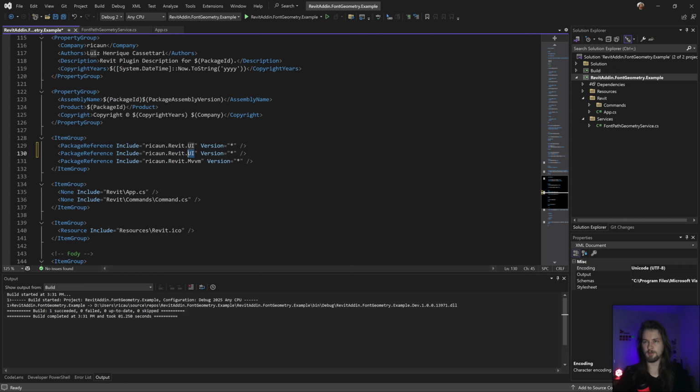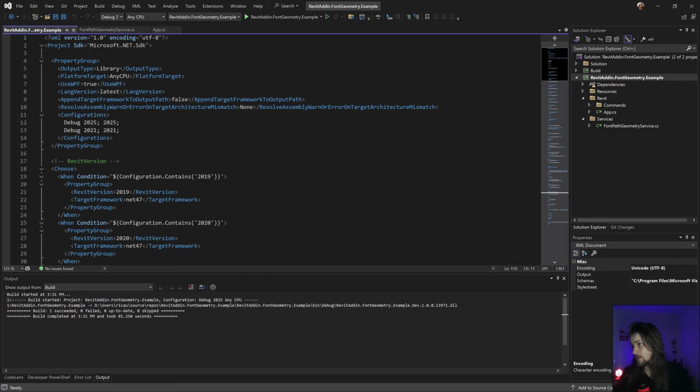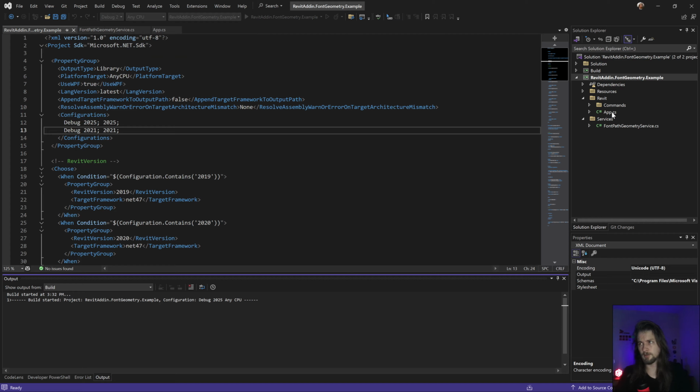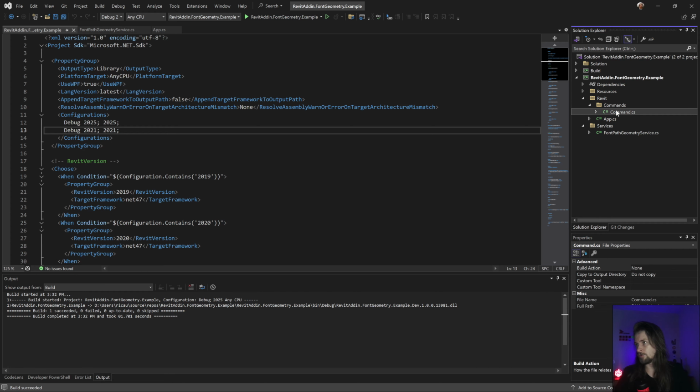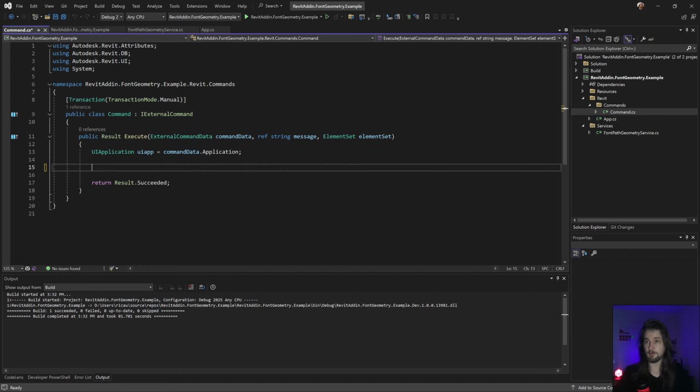I'm going to add hicom.revit.db, which adds some libraries and packages, and I'm going to show what we can do with that.